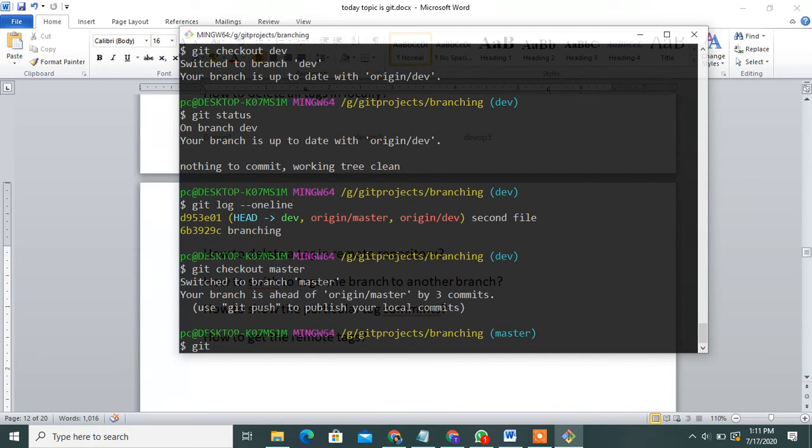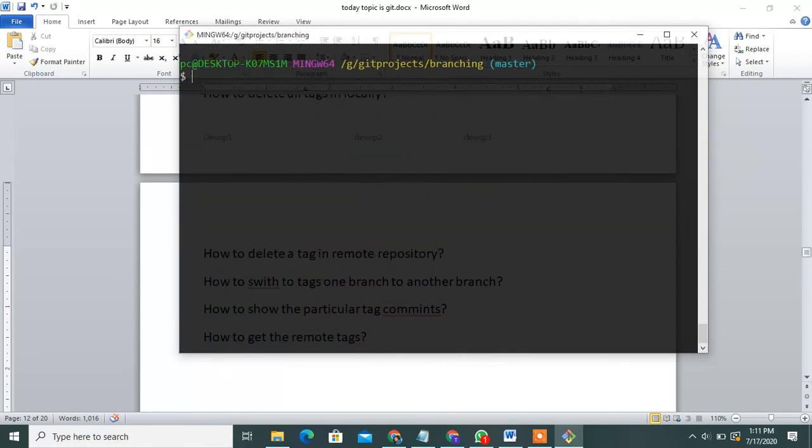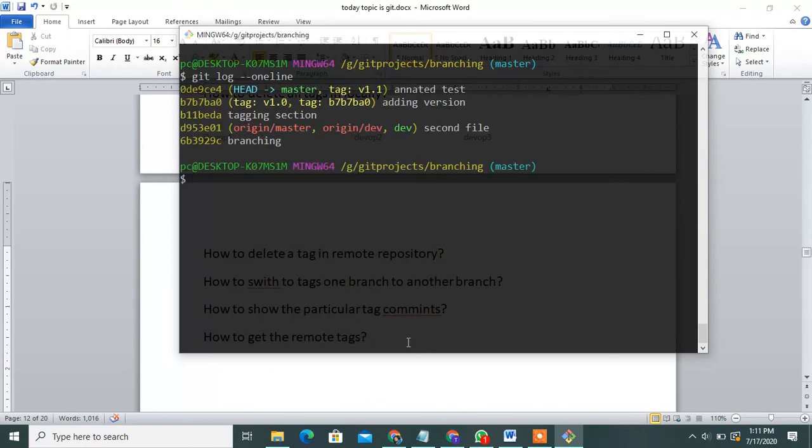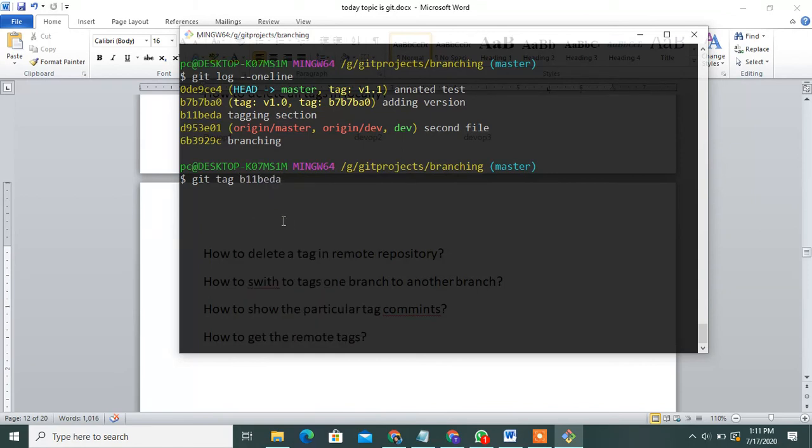First of all, run git log --oneline to show all the commits, then add the commit in a git tag. Use this commit ID and paste it here.